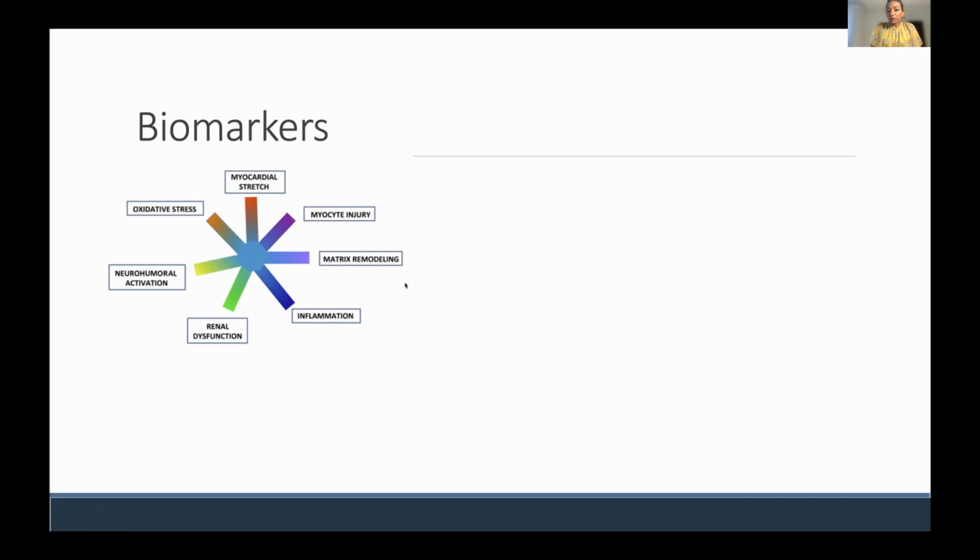There are markers of matrix remodeling, like matrix metalloproteinases, that can be elevated in heart failure, but we don't use it clinically. Inflammatory markers like high sensitivity CRP, markers of renal dysfunction like cystatin and kidney injury molecule. These are used more in research